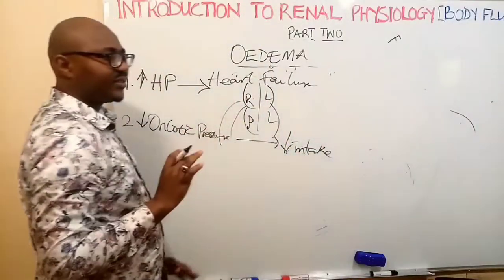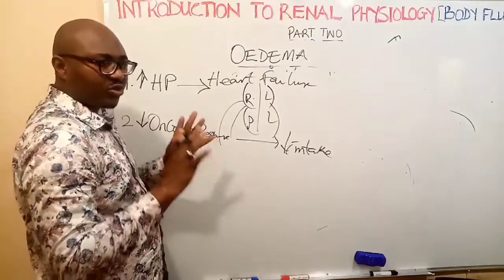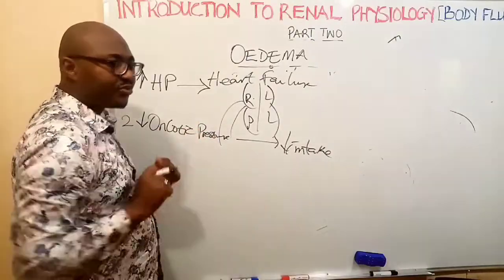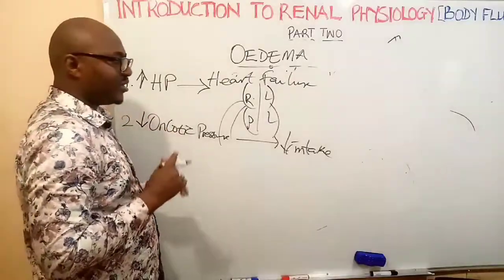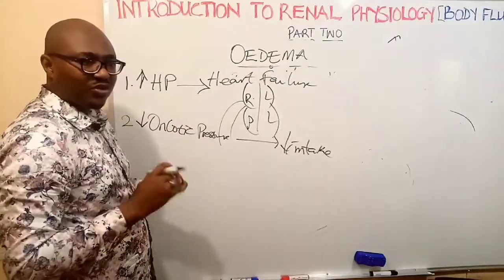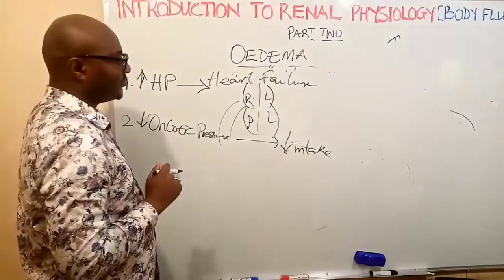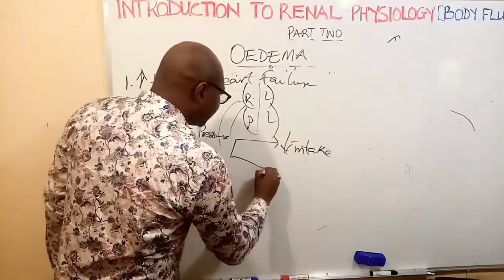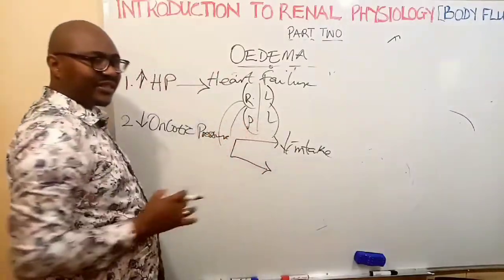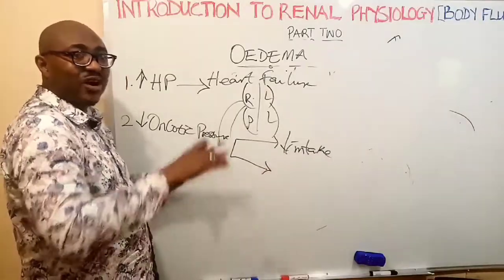of proteins. A good example is kwashiorkor. It happens to children that have kwashiorkor, they are not taking enough protein in their food. And children with kwashiorkor, their feet are swollen, they have edema. Okay? So another thing, apart from decreased intake,